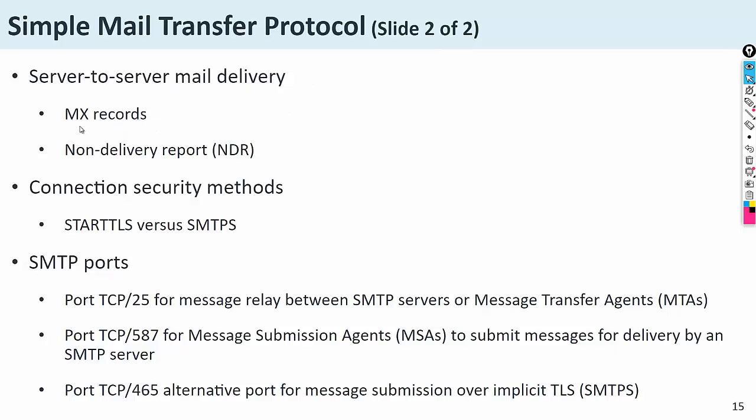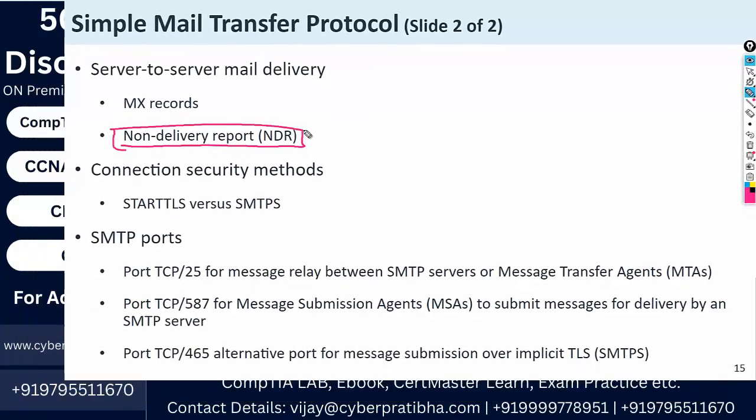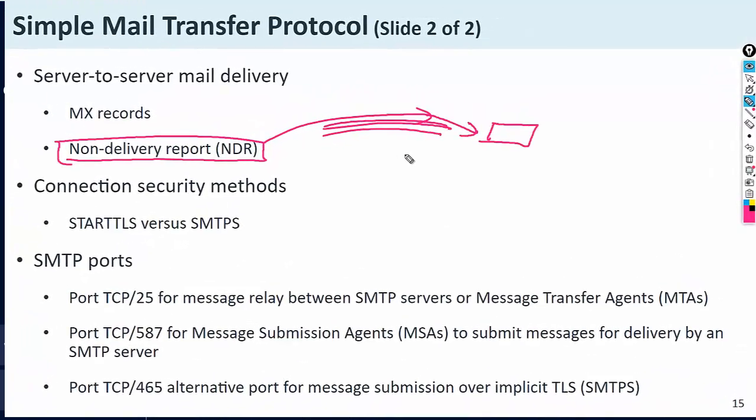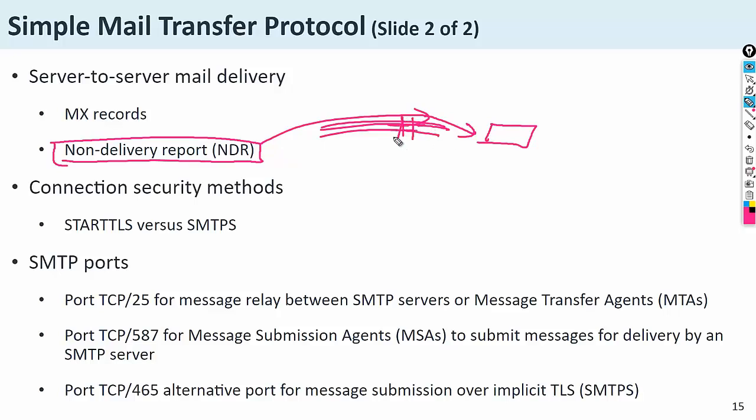message. So there is the delivery record, the MX server, the MX record, and one more report exists. It is called the non-delivery report. A non-delivery report is a type of report you get when you send a message and it is not delivered, not reached at the destination, and there is some problem in between. If the problem exists and the message is not delivered, then you will receive a message like a non-delivery report,